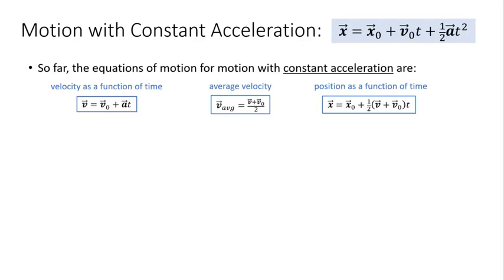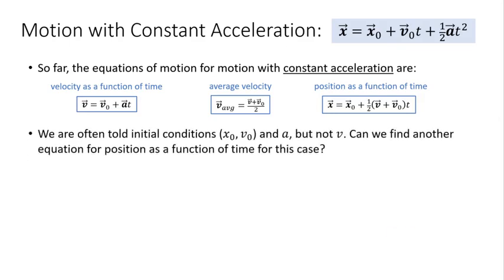So really this next one is still dealing with displacement. So far we know how to get position as a function of time if we know the initial and the final velocity. But often what we really know are what we call initial conditions. So most of the time you won't know that final velocity. What you'll know is the initial position, the initial velocity, and then also the acceleration. And so we need to come up with a way that we could calculate the displacement or the final position just with those initial conditions. So that's the purpose of this last equation.